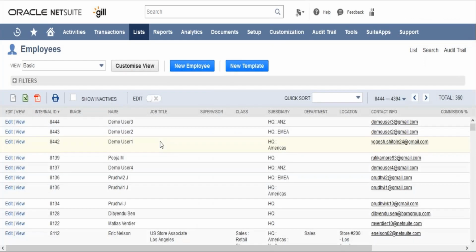If you click on New, you will be taken to a new page. Okay. Now the thing here is, whenever you create a new user, or you can say a new employee, the only requirement is the first name, the last name, and the subsidiary to which it belongs. But in case you want to give that particular user access to the system, you will have to provide the email ID of that particular user as well. So for example, if I try to edit this particular employee,